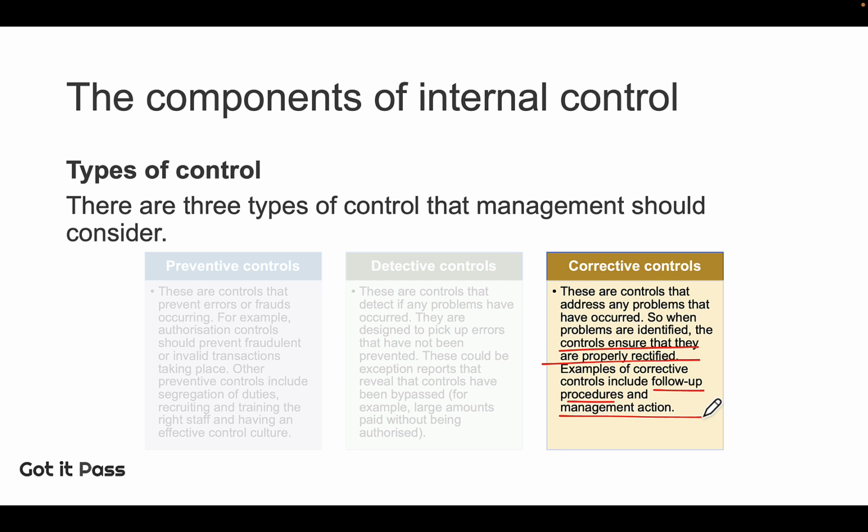So there are three different types of control here: preventive controls, detective controls, and corrective controls. And the most important thing is that an organization should ideally focus on preventive controls, because it helps to minimize errors and frauds that would otherwise need to be handled by the detective control procedures and the corrective control procedures.